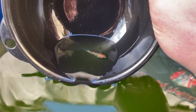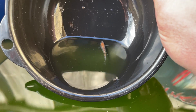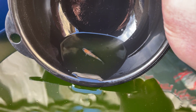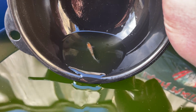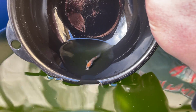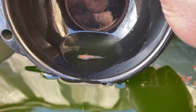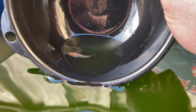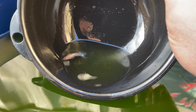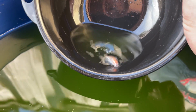Medaka is one of the fishes, compared to like the goldfishes and the koi, they have red, but Medakas do not. So to make the orange, it's a combination of the yellow and the black. So the more intense the yellow is with the combination of the black, you're going to see Medakas that have more intense orange. This one's pretty light, right? But here's an example where it has the yellow and the black and the white, and it's hard to see,